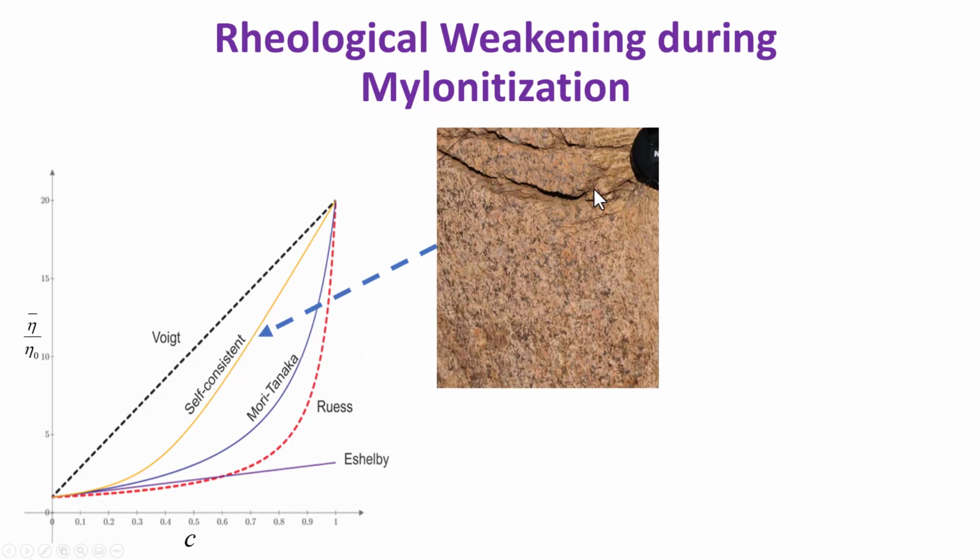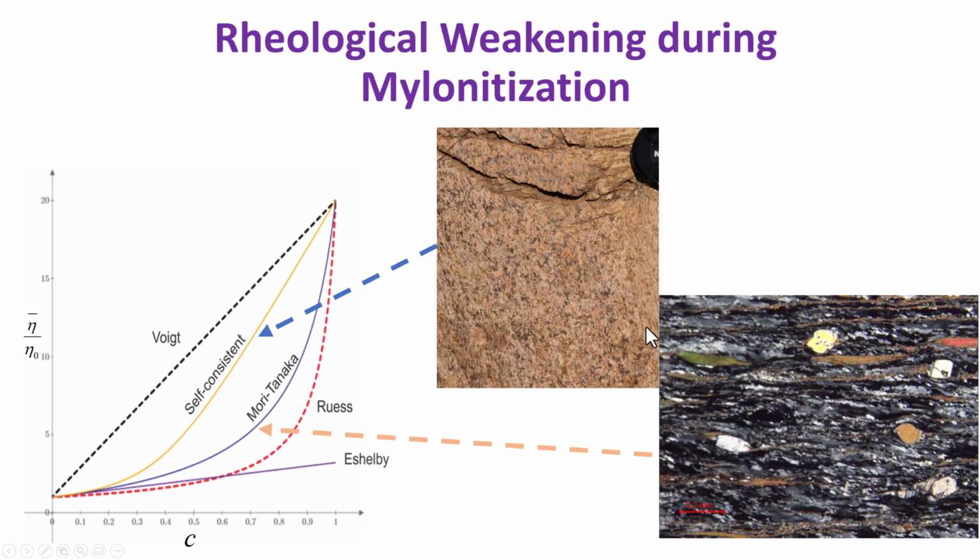When a rock, like a granite, is before its mylonitization, the texture is polycrystalline. Quartz, feldspar, and other constituents form a polycrystal. So the more appropriate way to get the effective viscosity is to use self-consistent homogenization. And the self-consistent homogenization gives the effective stiffness like this. It's below Voigt, but it's far above Reuss. Now the same material, when it's mylonitized, has a connected matrix phase made of dynamically recrystallized quartz, mica, etc. The material becomes much weaker.